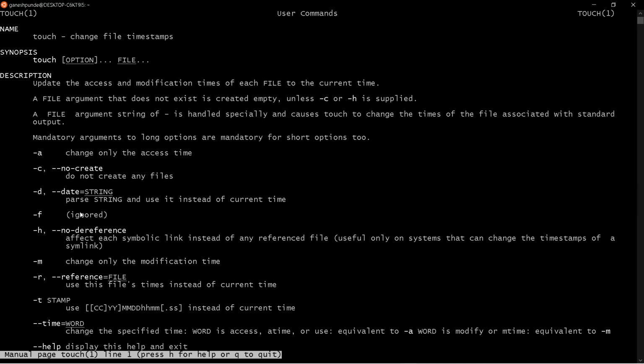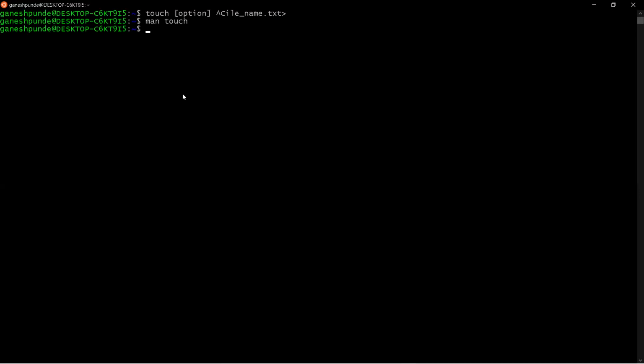If you want to change the date, you can use the date option. Basically the touch command is used to create an empty file, and sometimes if you want to update the creation date and time, you can use the touch command. So let me quit this manual page. You can see I came out of the manual pages.